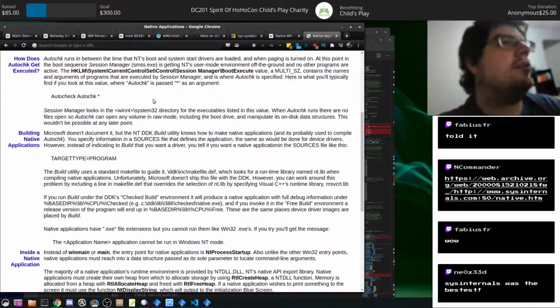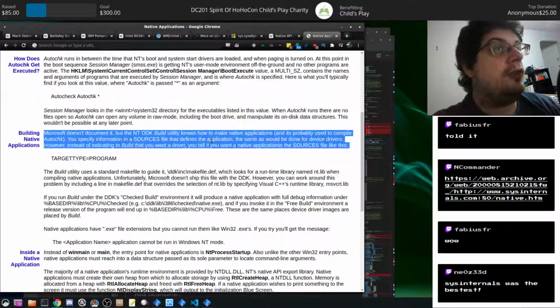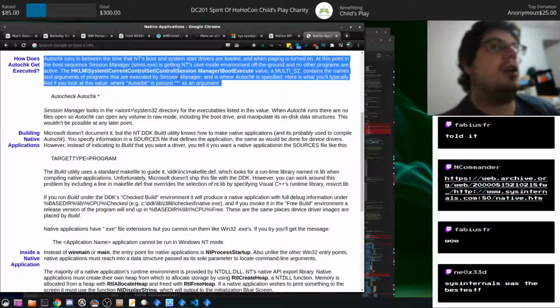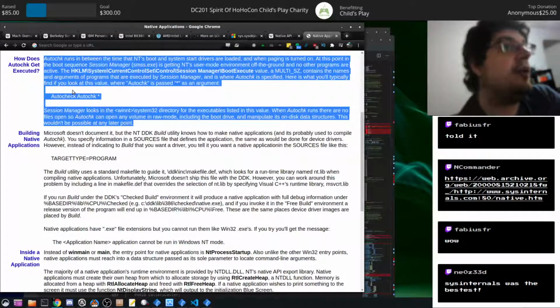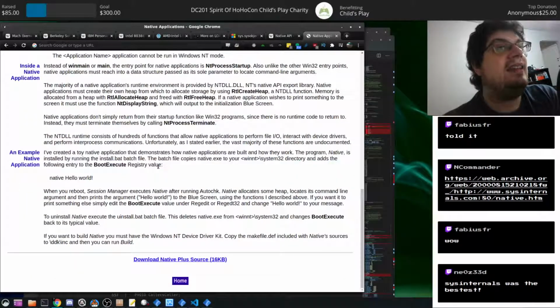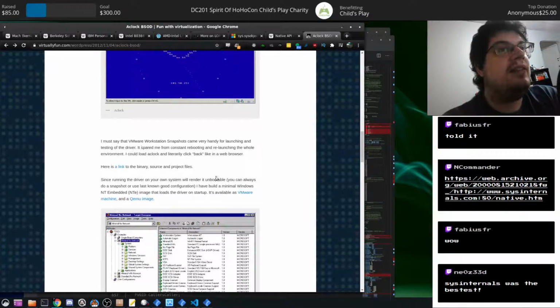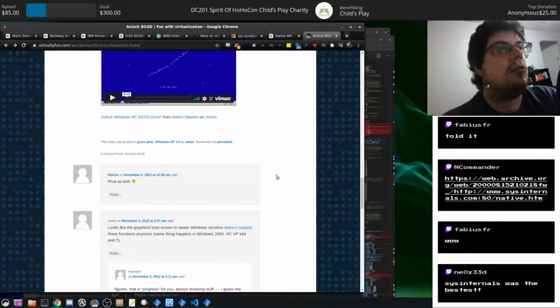Basically the only stuff that needs to run as a native application is antivirus, disk sanity checking, and a few things. I'm a little surprised that we haven't seen much come out of the NT leaked source code from native applications, because back in the day, these kind of were a holy grail. People were like, how do you get these to work? And no one was able to do anything beyond a hello world, and it wasn't even easy to get a hello world. So I'm a little surprised that this didn't come out more in detail when the NT source code leaked, because there are